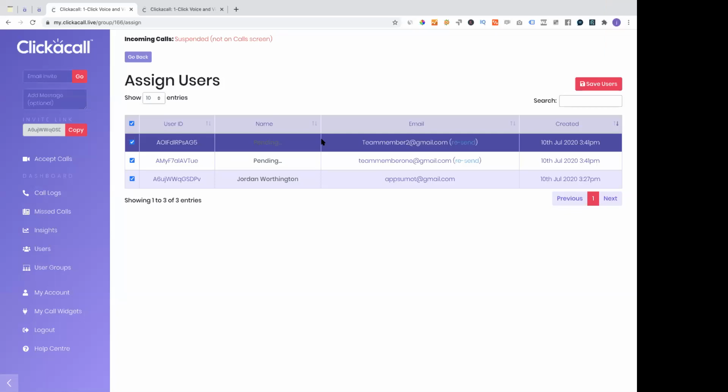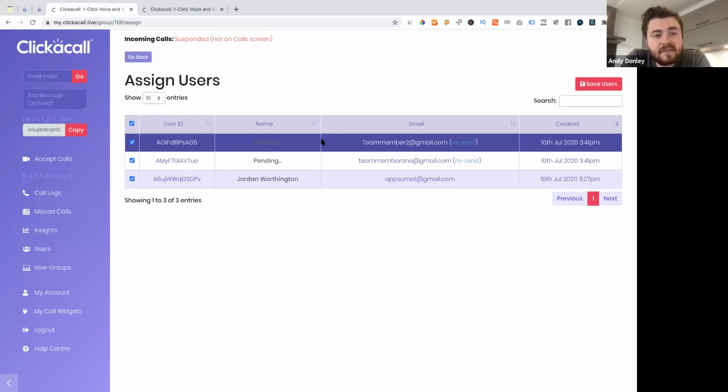Cool. Can sub-accounts have their own branding? Yes, so sub-accounts can have their own branding. Now, the way that we currently work with our non-AppSumo customers, we have a bunch of agency partners. We prefer to work with our agency partners and just empower them to really sell Clickacall through to their existing clients. And each one of those agencies currently works with us on the basis that they will resell to their clients at the standard Clickacall rate or any rate that they would like, and we give them an immediate 30% reduction